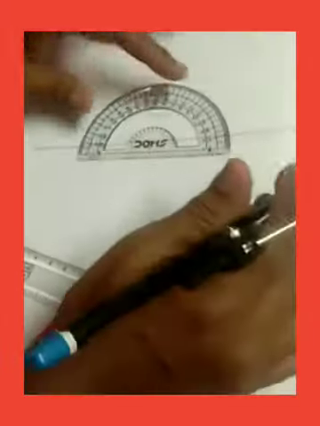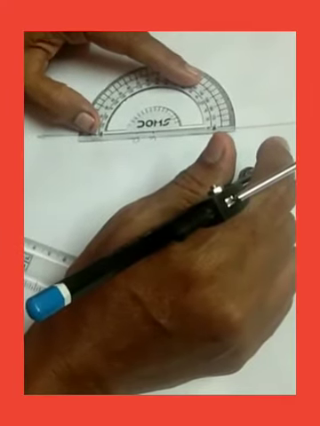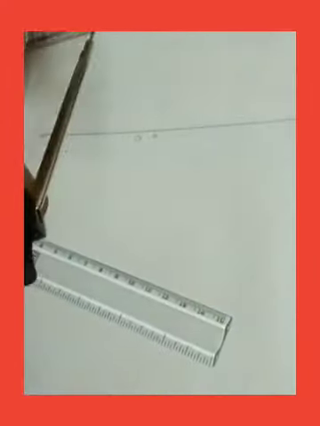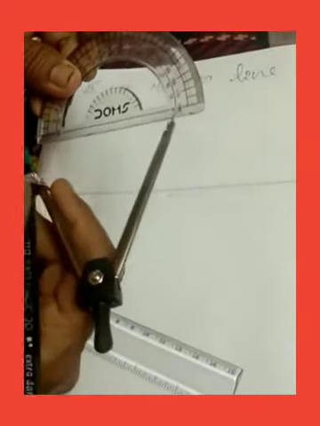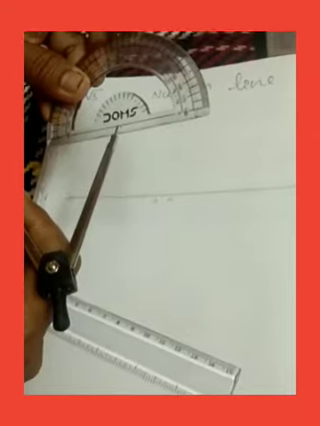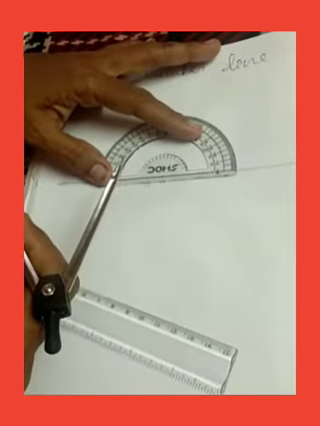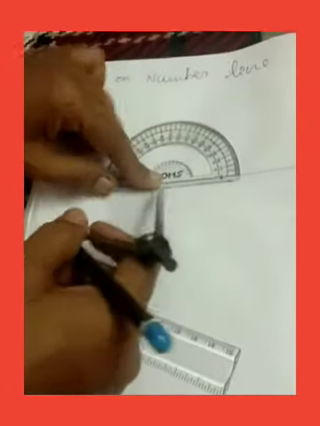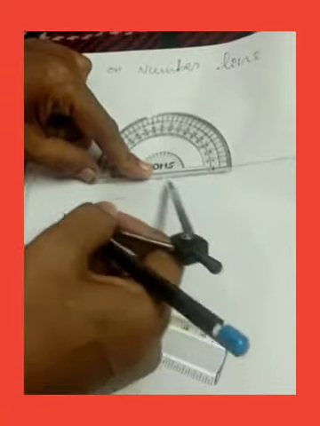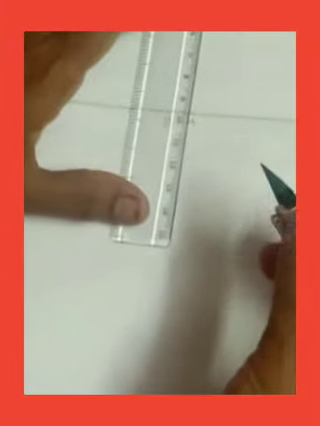Okay. Now take the protractor and put it to point O. See, this is the point of intersection of this line and the 90 degrees perpendicular line. So you should put that point at A. Okay, and the line in the protractor and the line below should coincide. And now I am marking 90 degrees. So this is 90 degrees. And now join these two.